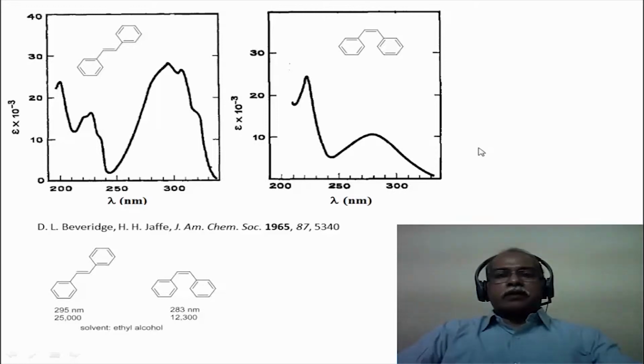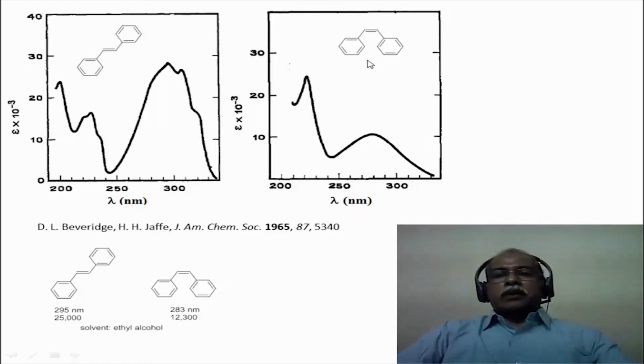The conjugation effect is also used for distinguishing the cis and trans isomer. The trans isomer is supposed to have least steric interaction. In other words, this aromatic ring and this aromatic ring can be in conjugation with the pi system. So through conjugation is possible, and that puts the pi to pi star transition at a longer wavelength compared to a cis isomer. In the cis isomer, because of the steric hindrance, both the benzene rings cannot be in plane with the pi system, the carbon-carbon double bond here, the central carbon-carbon double bond.